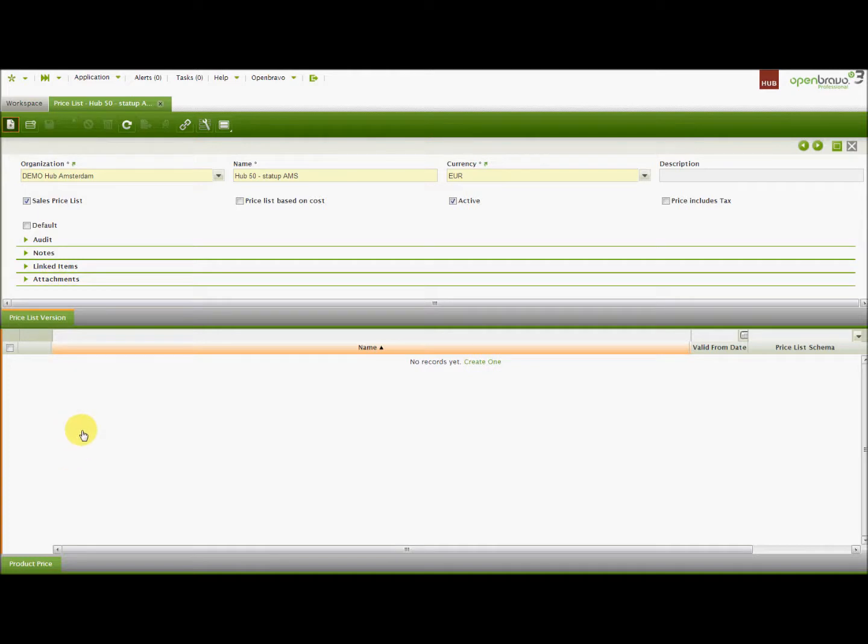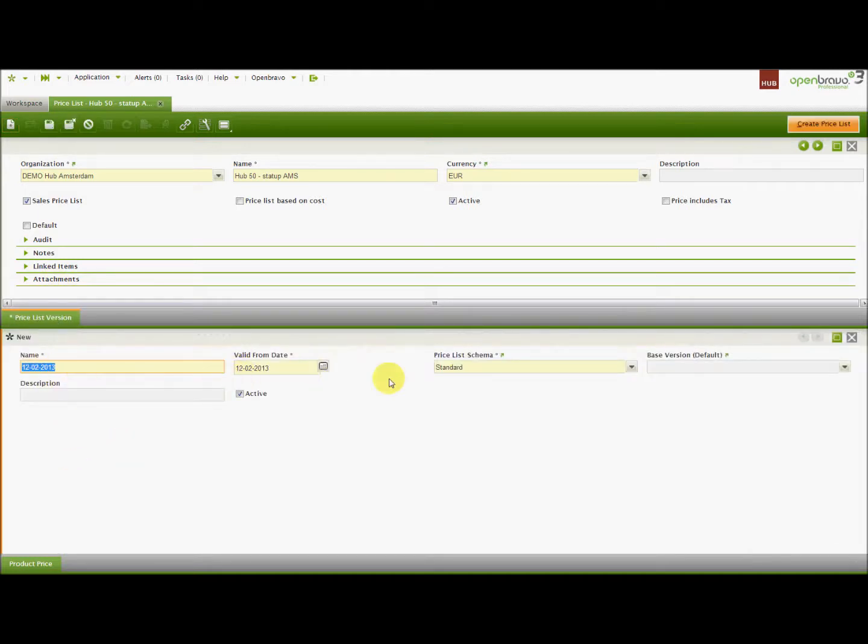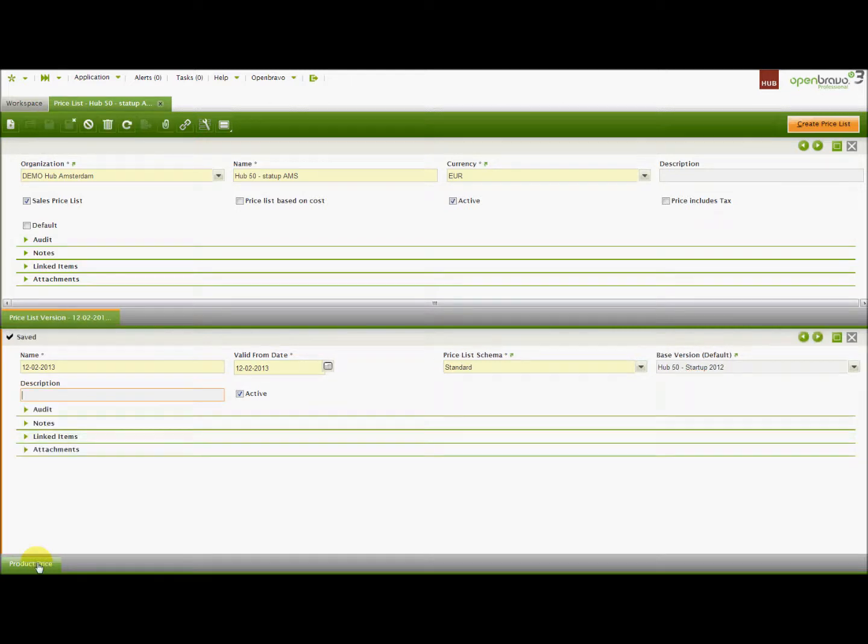We're going to create the first version of this price list starting today and based on this existing one. So saving this,